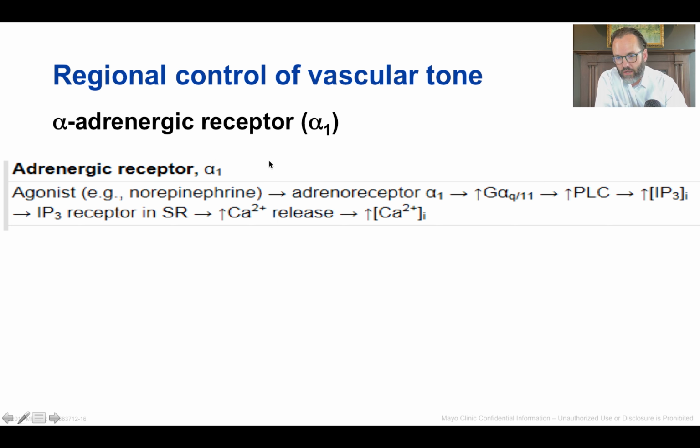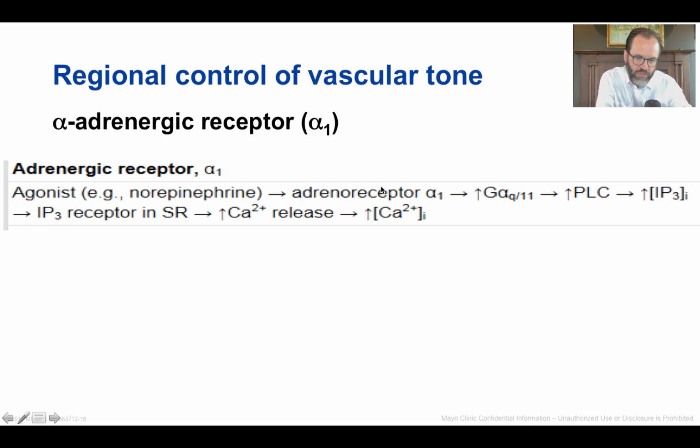Now, when we look at alpha-adrenergic receptor activation, we're predominantly looking at alpha-1 receptors when we're looking at vasoconstriction. So there, what happens is you have an increase in agonist levels, largely due to increases in sympathetic nervous system outflow. That results in increases in alpha-1 receptor activation and binding. And now what I really want you to appreciate here is that there are increases in G protein receptor coupled,